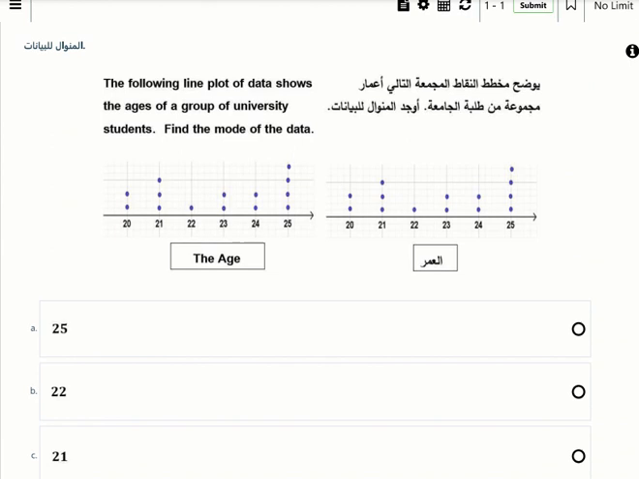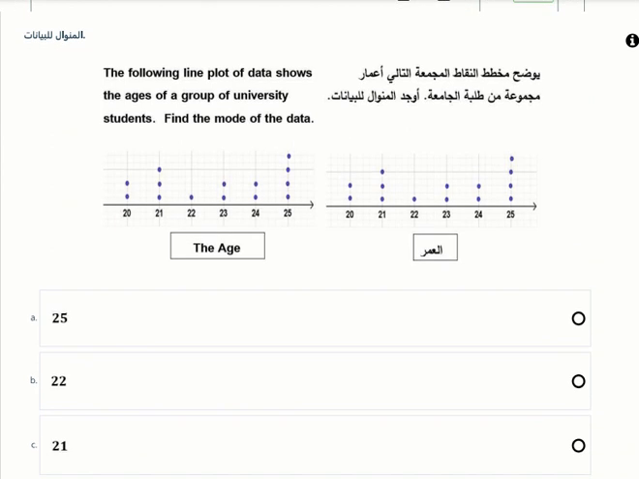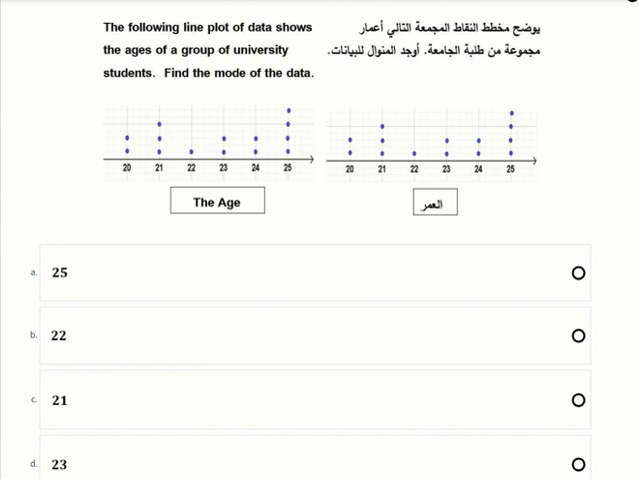Now, another thing is, the following line plot of the data shows the ages of a group of university students. Find the mode of the data. Mode means what I told you, the maximum number of repetitions, the highest frequency. So which number here has the maximum dots? No doubt it is 25. Yes, so its mode is 25. Okay. Now, another question can be,